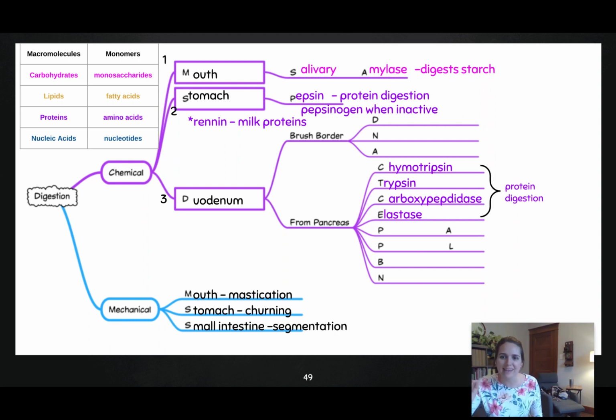Do you remember how many amino acids there are in the body? When I assigned you all the different amino acids to build, it was 20. Our body has 20 different amino acids that make up all living things. So we have tons of enzymes that break down proteins because we have so many different types of amino acids that need to get broken down. That's why this list is kind of long. There's lots of protein digesting enzymes because we have tons of different amino acids that need to get broken down